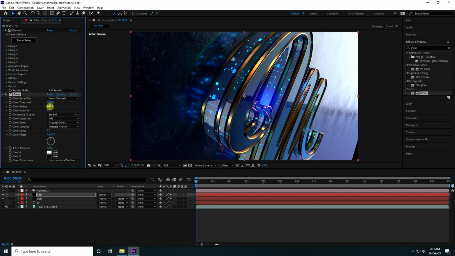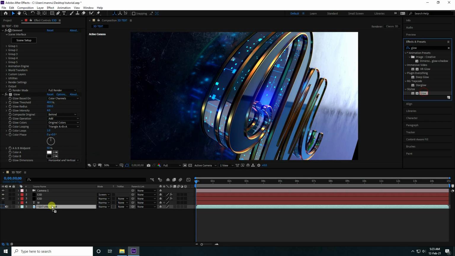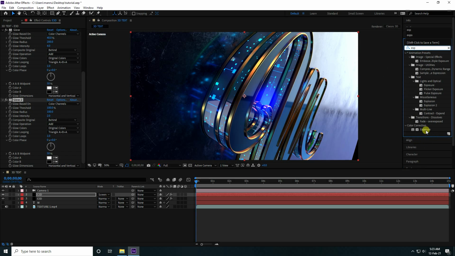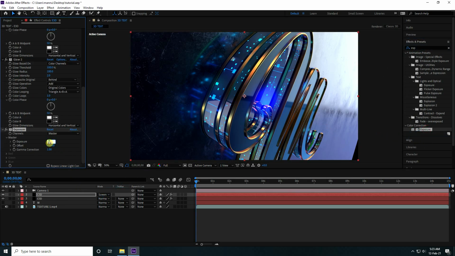Yeah, 200 is good. And guys, again second one, glow, and this time glow take 100, radius 100, intensity like 2. Yeah, good. And now guys, this time expose, select, and exposure like 2.